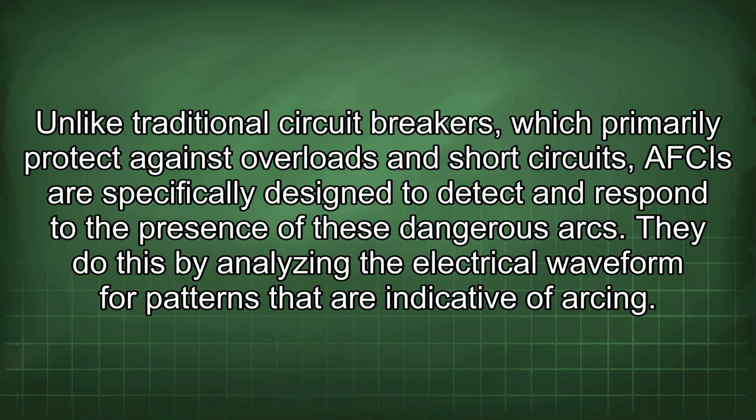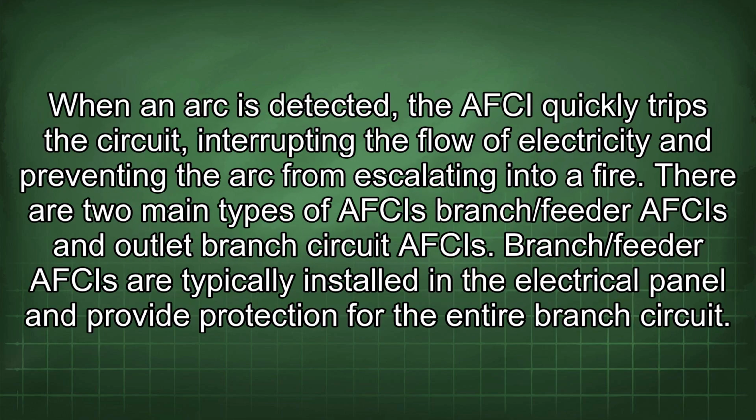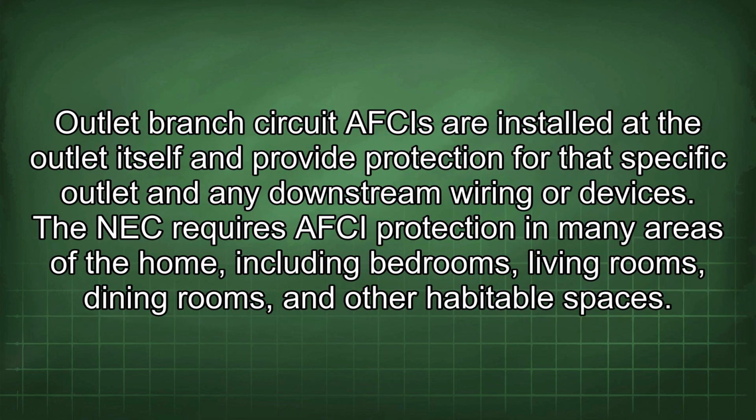They do this by analyzing the electrical waveform for patterns that are indicative of arcing. When an arc is detected, the RFCI quickly trips the circuit, interrupting the flow of electricity and preventing the arc from escalating into a fire. There are two main types of RFCIs: branch/feeder RFCIs and outlet branch circuit RFCIs. Branch/feeder RFCIs are typically installed in the electrical panel and provide protection for the entire branch circuit. Outlet branch circuit RFCIs are installed at the outlet itself and provide protection for that specific outlet and any downstream